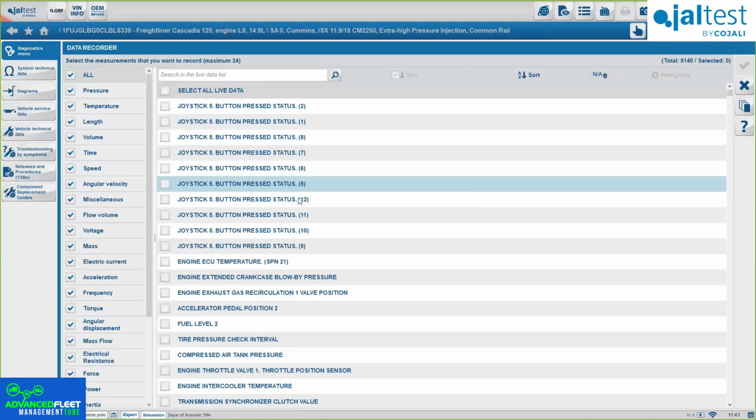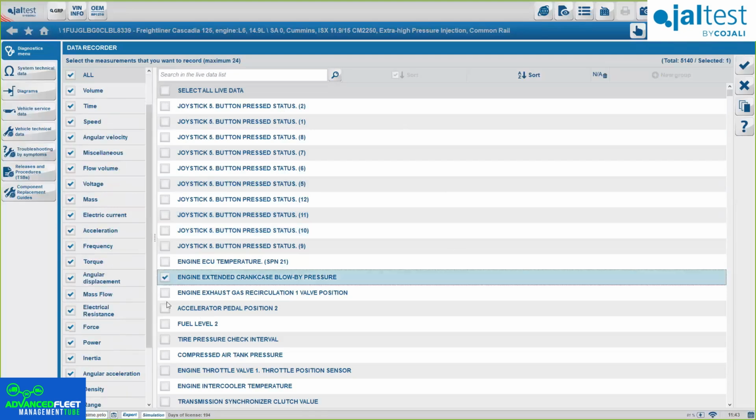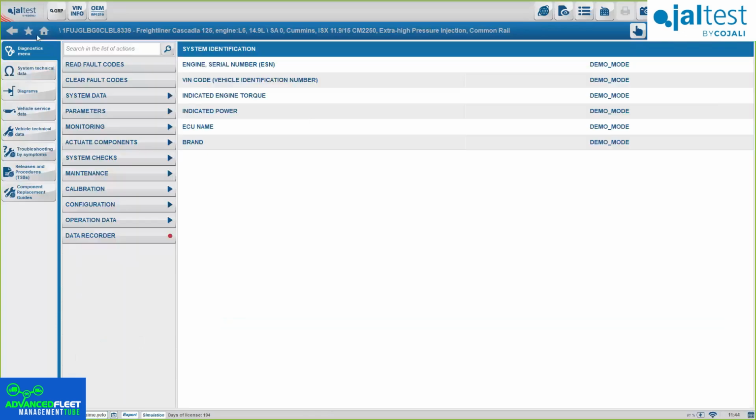Here it looks like the live data. Basically, it's just selecting the specific systems you want, and then it will start recording, okay? Again, this is what we have for the diagnosis part, okay? You will see the same options. There will be more options or less options depending on the system, but you will be able to, with what we've told you, basically see the exact same thing.